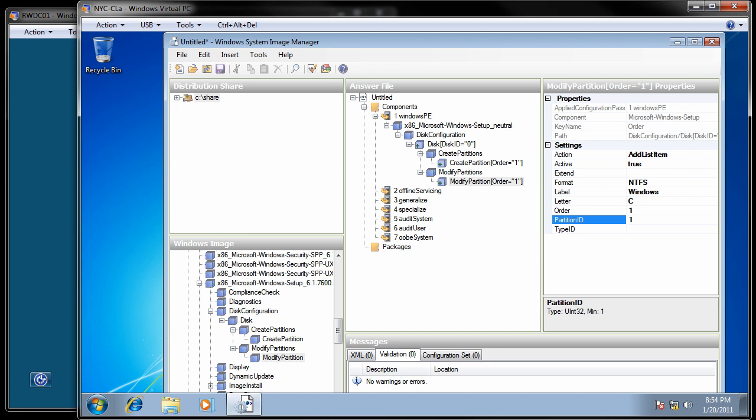Now in the steps it says to take a screenshot of the Windows System Image Manager. So right now if you wanted to, you could take a screenshot of this to put into your answer file for the lab. So I'll give you a second to do that. So at this point we're going to go ahead and click Tools,